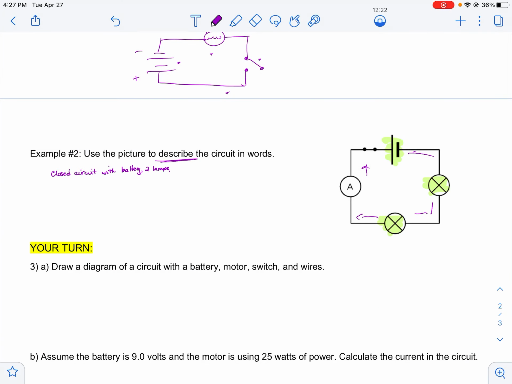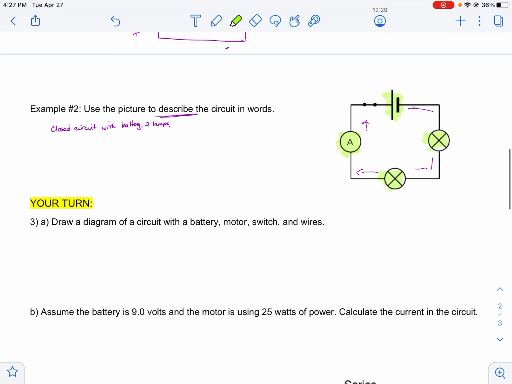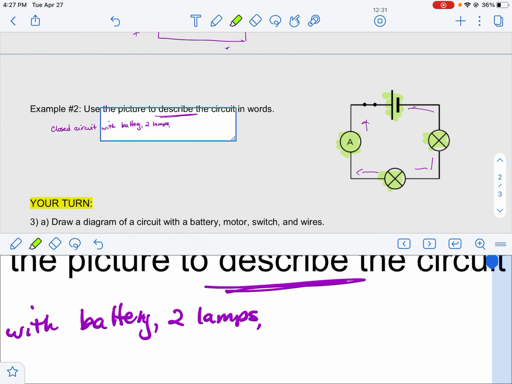All right, and then I get to this symbol right here, and if I look back up in the chart, I can see that that is an ammeter symbol. So my circuit has a battery, 2 lamps, an ammeter,